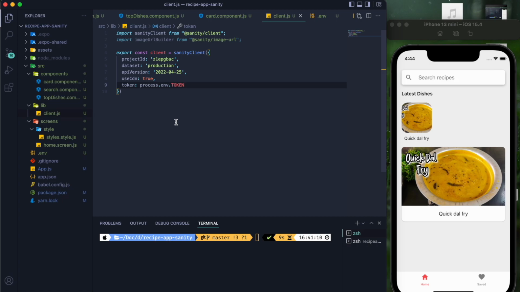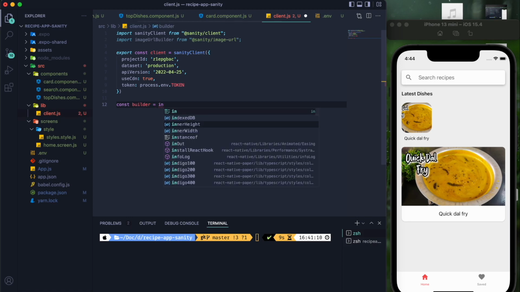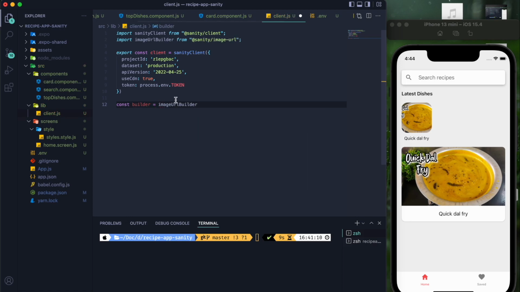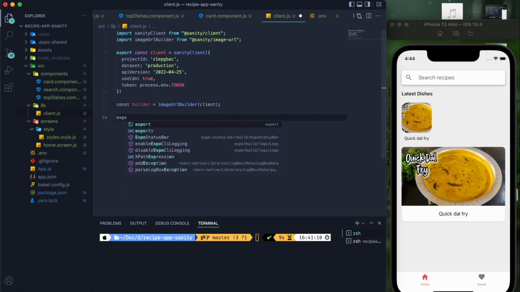So this is basically what Sanity CMS is in simple terms. Now we even want the images to be available for our application, so we're going to make the image builder. Const builder is equal to image URL builder. Basically, to get the image URL, you need to use this builder thing. You use image URL builder, pass the client, and then you want to export